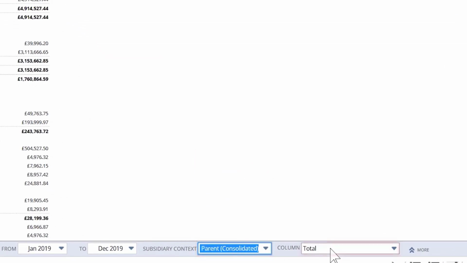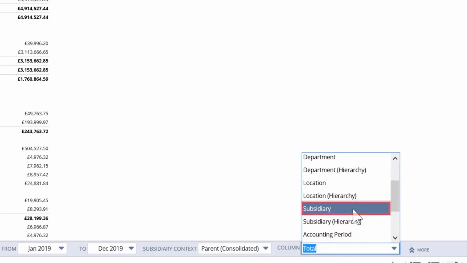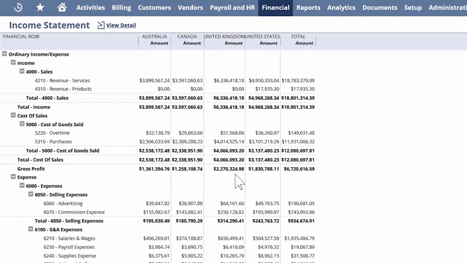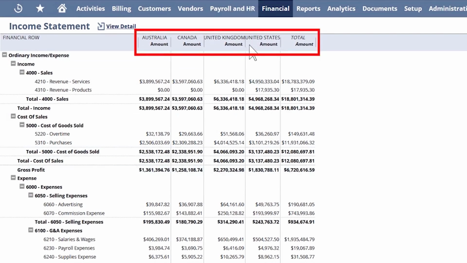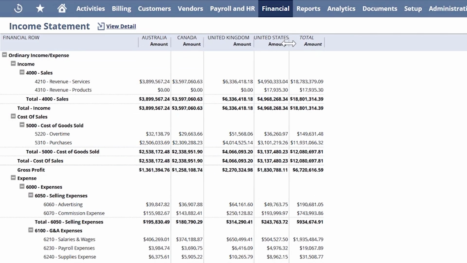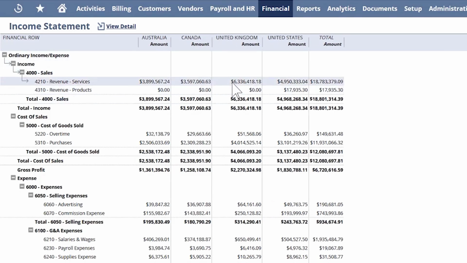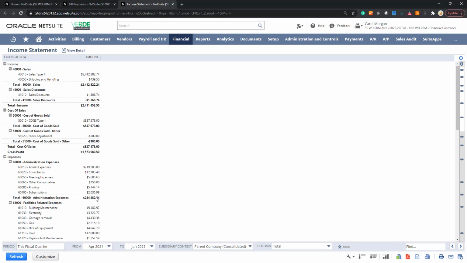If we filter back to our parent company and then change the column field to subsidiary, our income statement will transform by column view for each of our subsidiaries. This time, the report will convert back to the base currency of the parent company. A few things that we want to jump into as well here is that you can go one step further